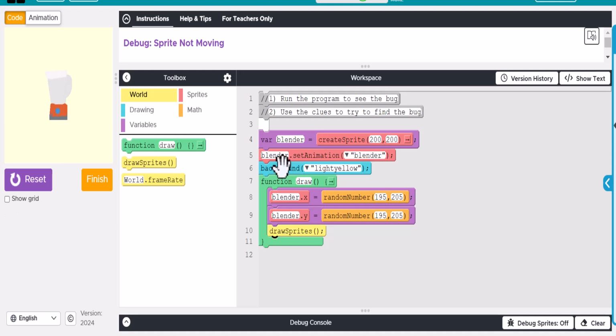So what we want to do is give it a new background so that the background is going to cover up the old location of where the blender was, and then it will create a new location of the blender. So it kind of looks like